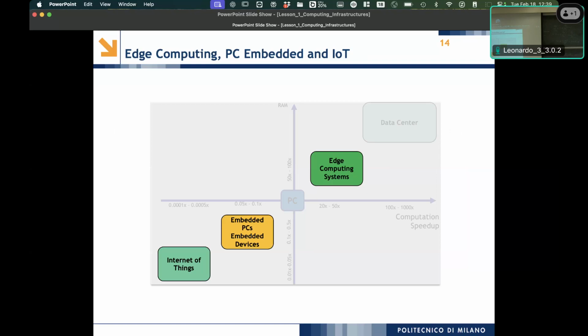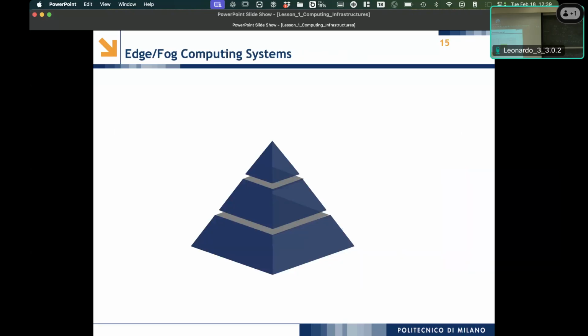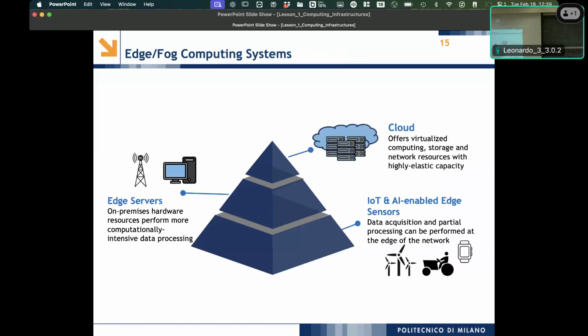Okay, and then we said, let's move on, because data centers are representative and will be the core focus of our course. But there is something else. The first thing I mentioned is edge computing systems. The core idea of edge is twofold. The core issues of cloud applications are related to the continuous connectivity through the network and the latency that the network introduces. These are really the core problems of cloud.